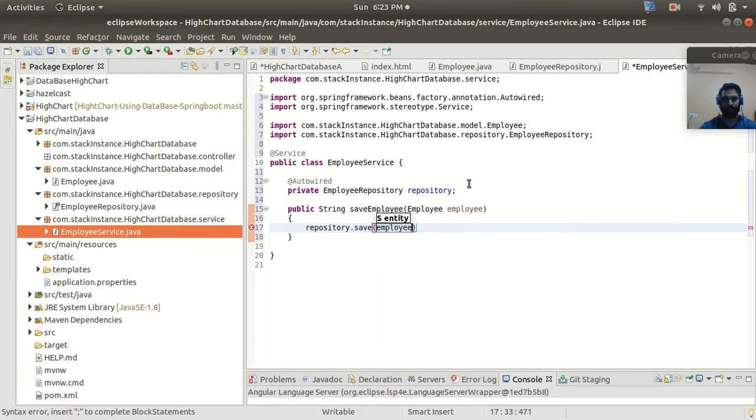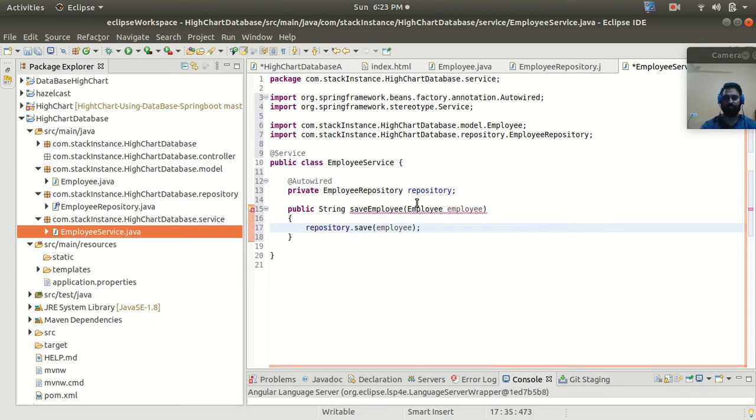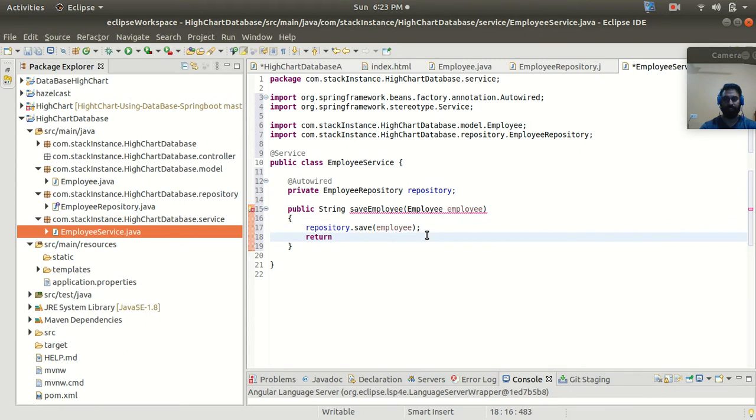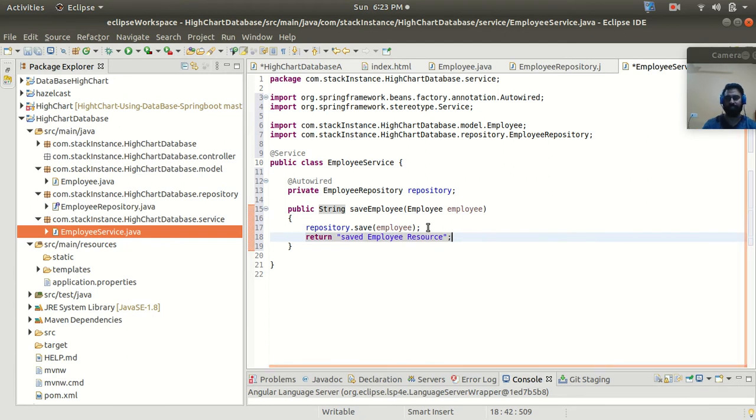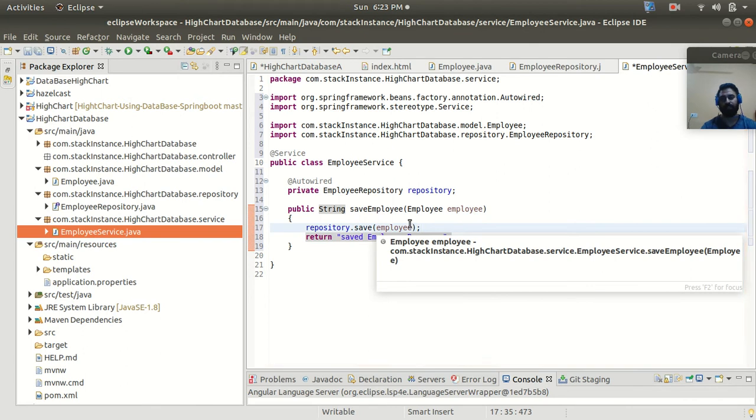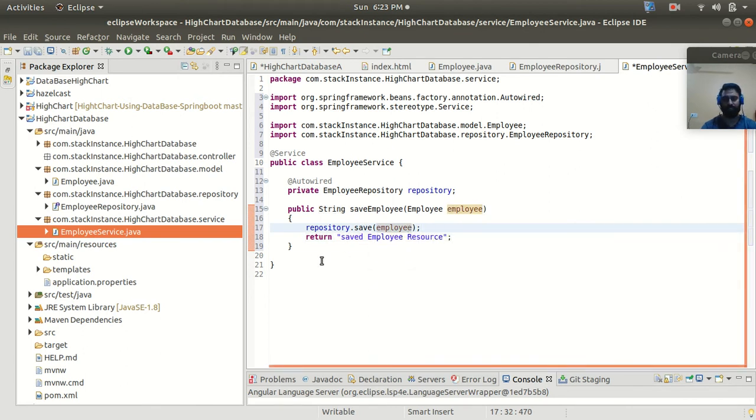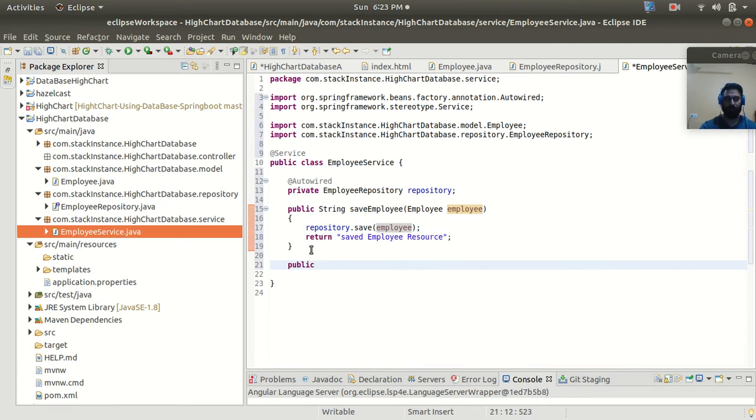So the employee reference is my entity, right? So this is going to save it. So here I need to return some data like a saved employee resource message. All right. So this is the string I'm going to return if we save this resource in the database.